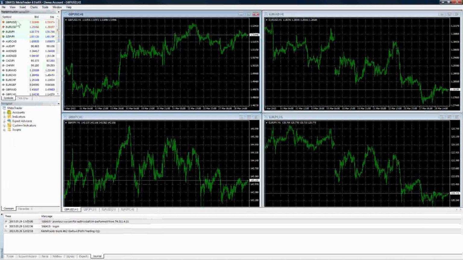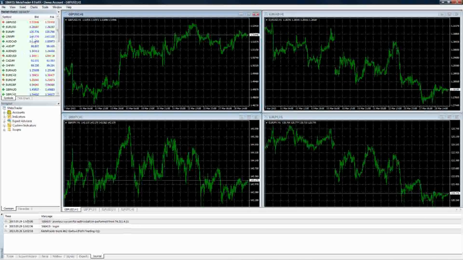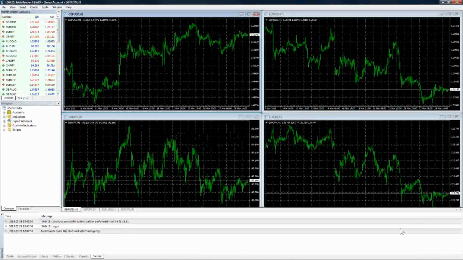And you can see that we're connected, of course, to MetaTrader, to MetaQuotes, to our broker, to FinFX. We can see that we're connected because we see the movement. You see the blue and the red. And that's what we called, of course, ticking. There's our tick chart there at the bottom. We can see that things are moving.